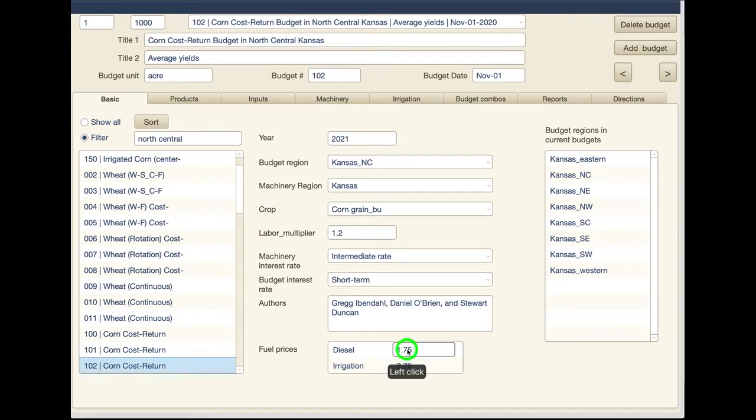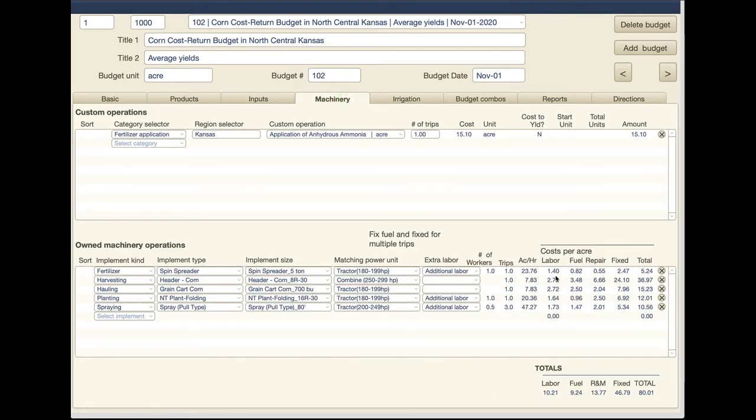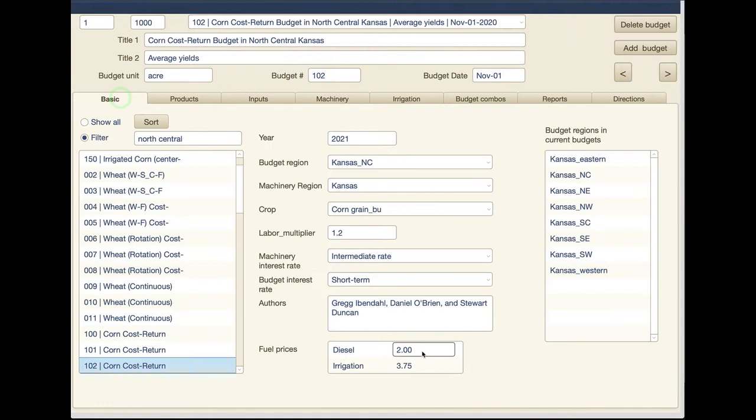If you do that, you just come over here and click. Let's say we put in $2 for the diesel fuel price. That will automatically adjust the fuel cost. You can tell by looking at the machinery side, at this first one, the fertilizer application. Right now, with a price of $2 per gallon, here's our fuel cost: 82 cents per acre. If we go back and change this to $1.75